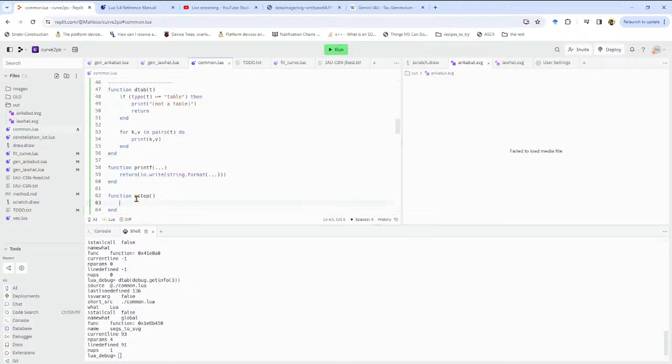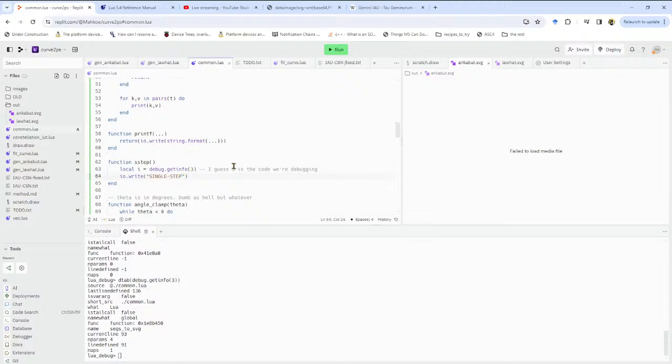And let's do, I don't know, equals debug.getInfo 3. And we will do I dot name at